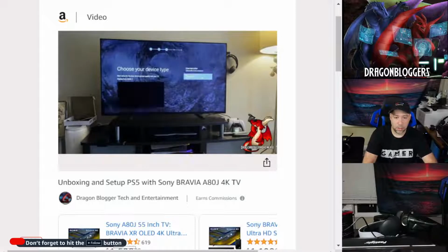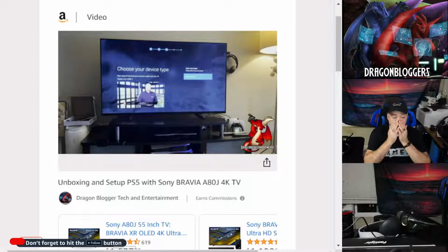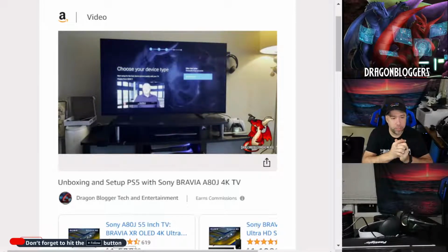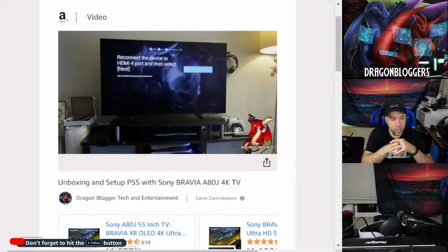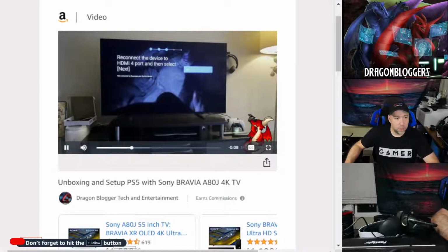5, and it told me when I selected the 4K HFR device, which was what the PlayStation 5 detected as. So I selected it and moved on to the next screen, and then it told me that the PlayStation 5 was hooked up to the wrong HDMI port. I had it hooked up to HDMI port 3, but it said it needed to be HDMI port 4. So it was fascinating that it actually